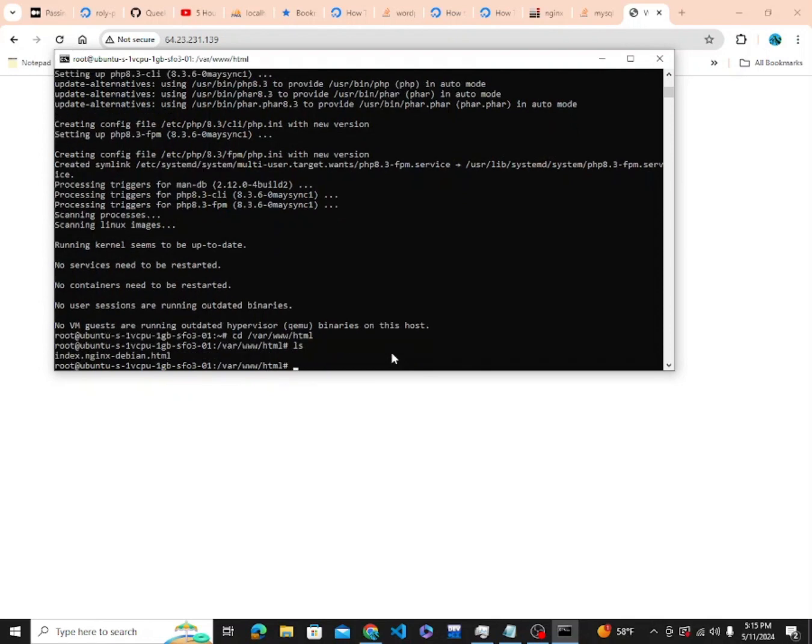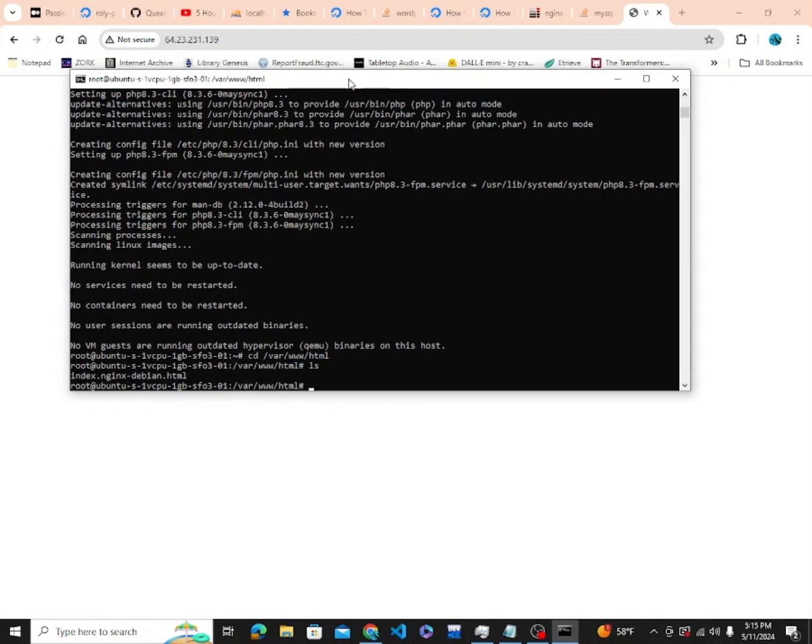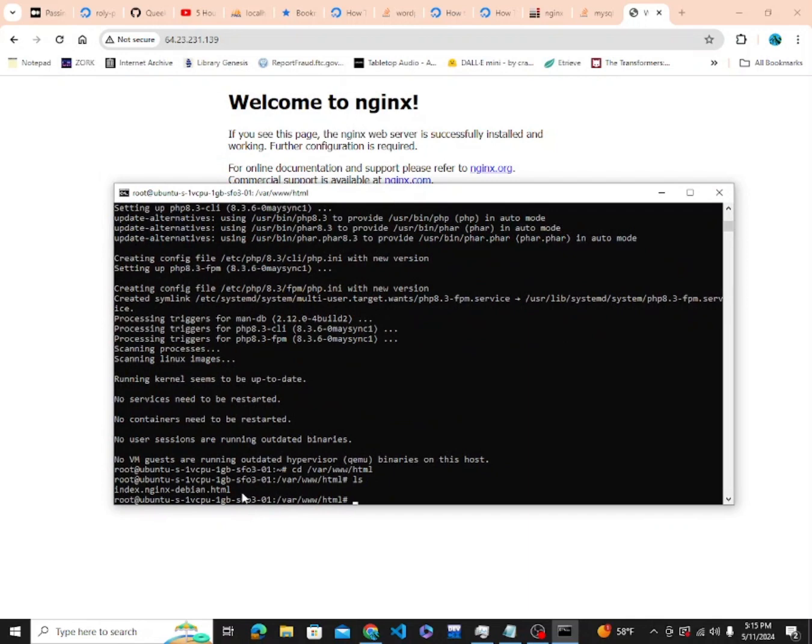Go here. Here it is. So this is the HTML file that's being run, that's appearing right here. Index, Nginx, Debian, HTML. So this is the same directory we want to upload our files. I'm going to be showing you how to upload your folder using